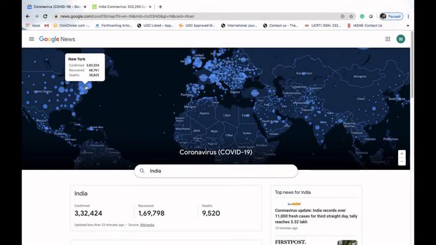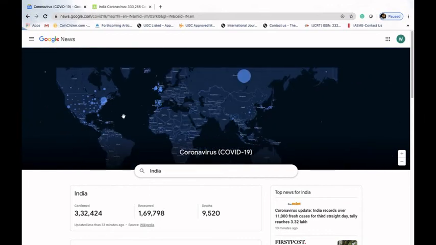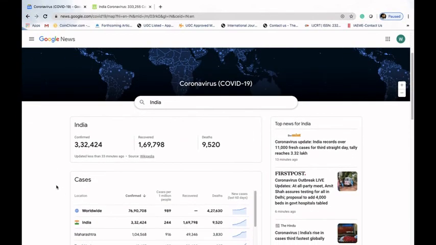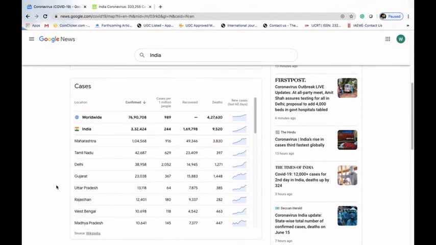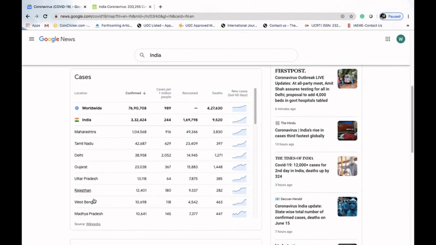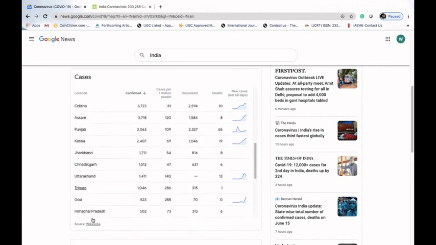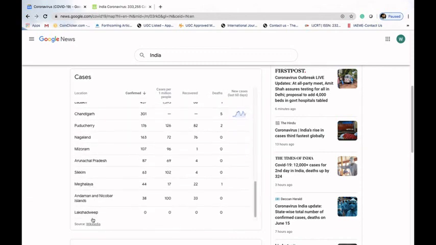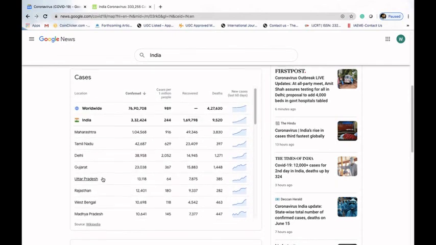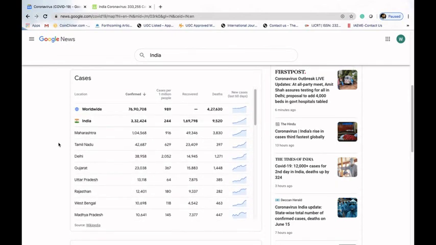We can infer that we are comparatively in better condition than the USA. In a specific city of the USA, the total number of cases is much higher than in our country overall. We can go further downward to get the information related to India. Here is the data for India, and we can see the data state wise in our country. If anyone wants to get data state wise, we can get it by searching COVID-19 India and clicking on more locations.